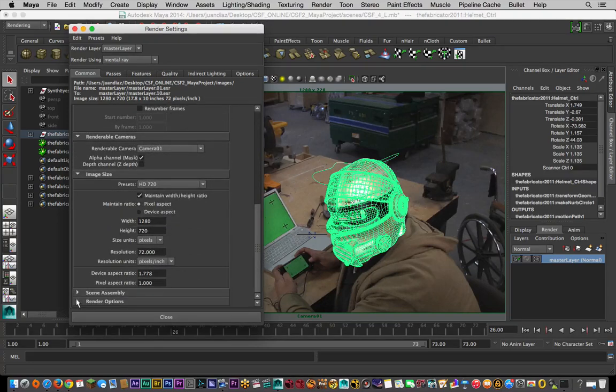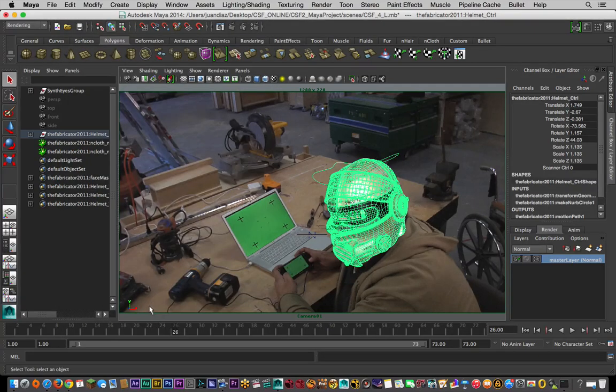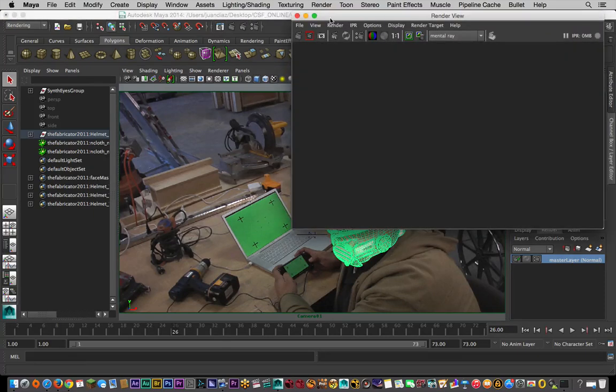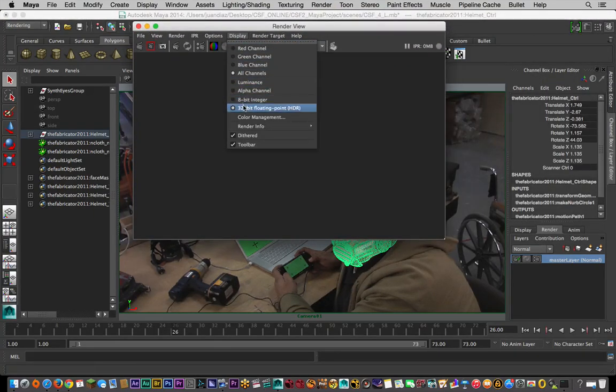Now the next thing that I have to remember is that I'm going to go here to the render options and make sure enable default light is off. Okay, I'm going to close that panel. Now, everything is going to look completely dark if I choose to render right now, but I still have to do a few things on my render view. Go to displays; in this case, because I set up already in other Maya projects, maybe most of you have the 8-bit integer. Change it to 32-bit floating point